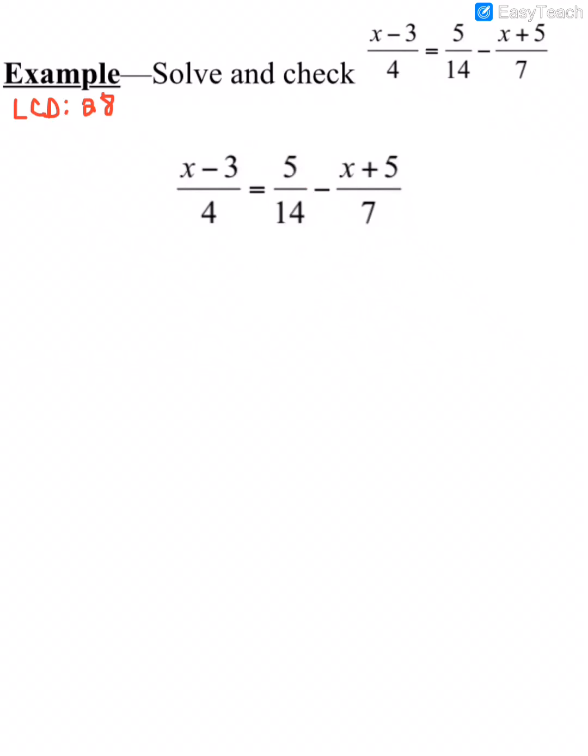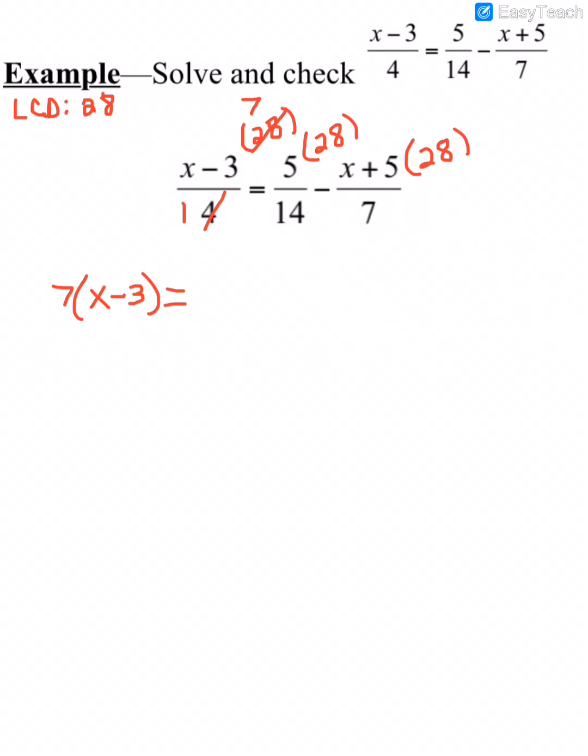Since we figured out what the least common denominator is, now we're going to multiply every term times the least common denominator. So we're going to multiply every term times 28. Instead of multiplying and then dividing, it's easier if we go ahead and reduce each fraction, and we can do that in the first term. 4 will go into 28 7 times. So now I don't have a denominator. This is like a 1, so I don't have to write a denominator. So this would be 7 times x minus 3